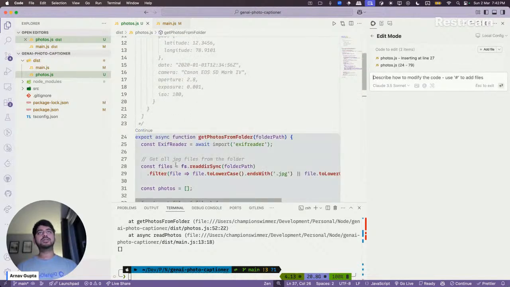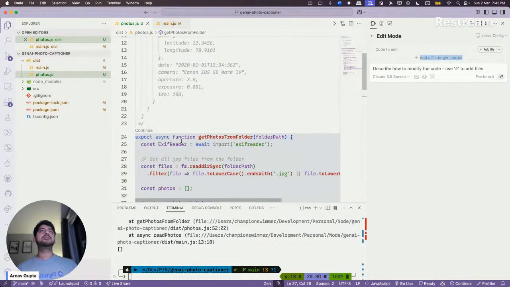You can pass this function into the context here, as you can see. The thing with Continue is that it works as a plugin inside VS Code as well as IntelliJ, both of the IDEs I use. And asking the IDE to completely generate code generally creates errors, which takes more time to solve. That's my perspective.